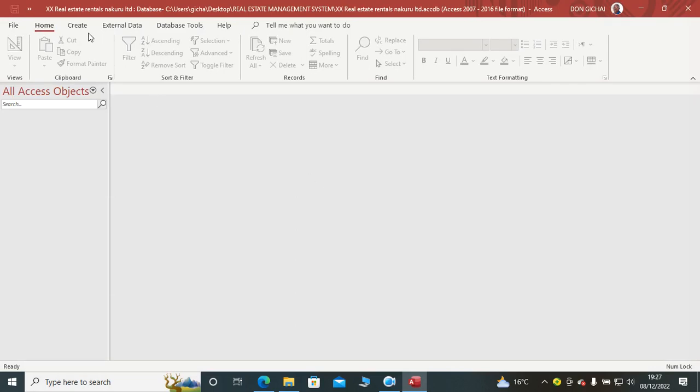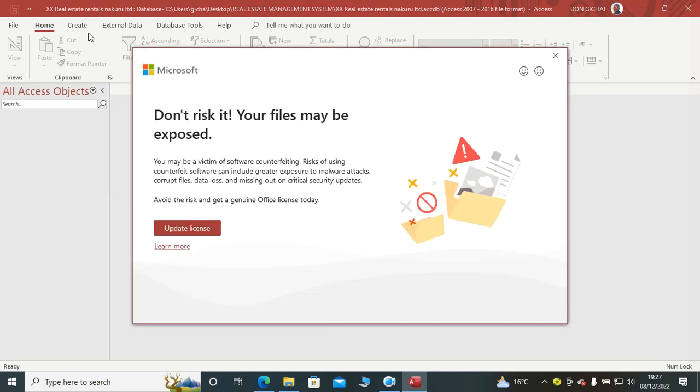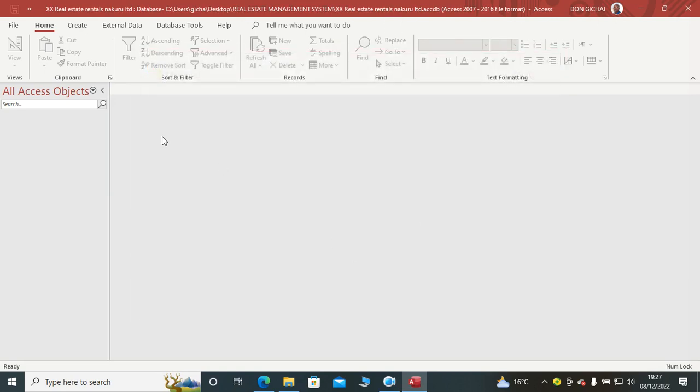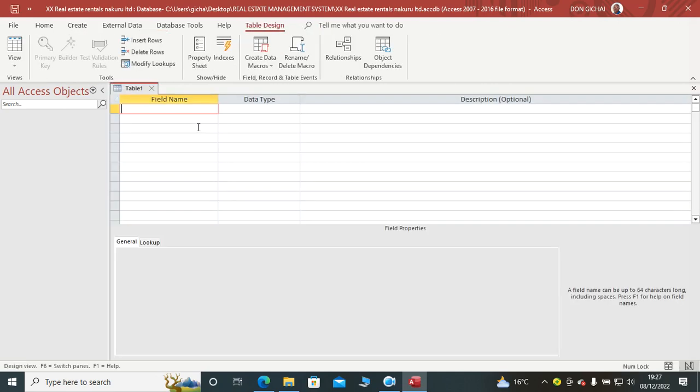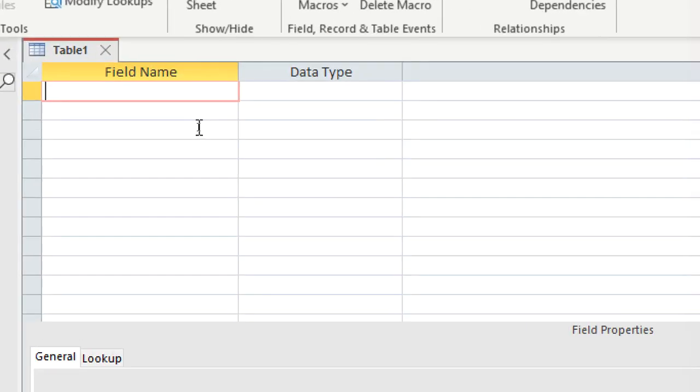So we shall create two tables. We shall create tenants and we shall create payments. So what I need to do is to click on create, then I just go to table design, then here I do my things. So I have payment, P will stand for payment, so I have payment ID number,